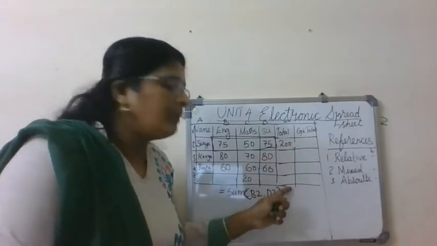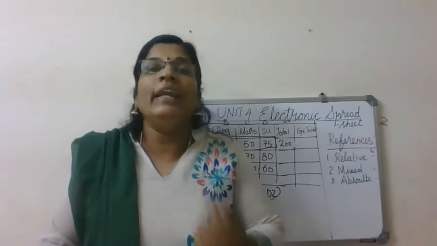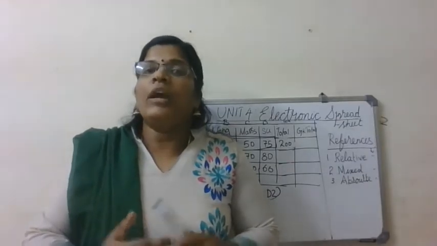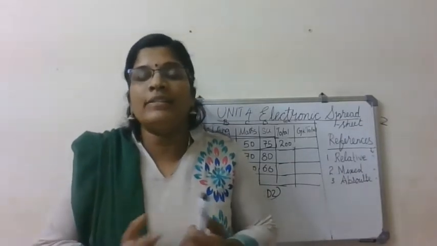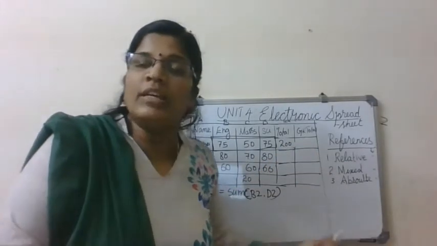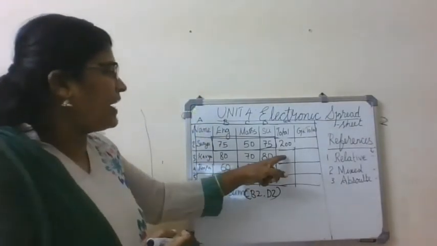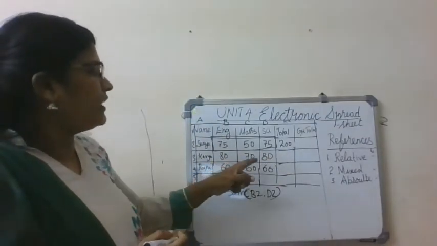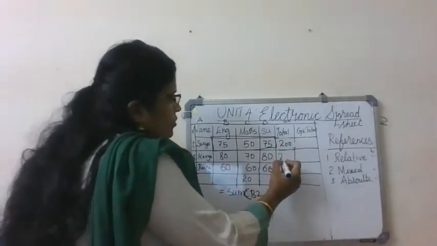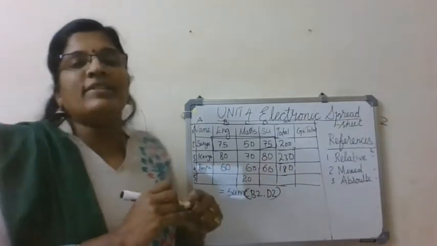So for the remaining cells, what type of reference am I going to use? I'm going to use a relative reference. In a relative reference, when you copy the formula, the cell address automatically changes according to each cell. So I'm not going to write the formula again, we are using the fill handle. What would be the answer here? 150, 160 plus 70, it's 230, right? So 230 here, and here the total is 180. Only 3 students I have entered.